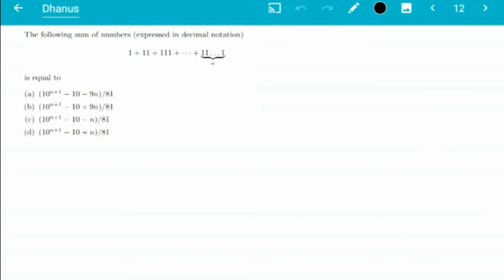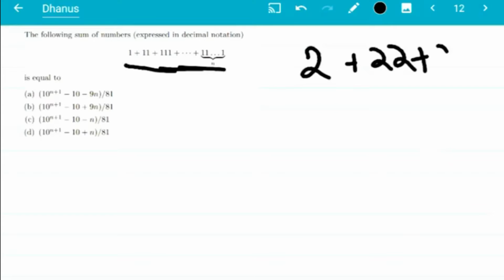And the question is how to find the sum of the numbers. Anyway, this is not an infinite sum. This is just a finite sum, because this series is not convergent, or it's not bounded if you are taking a large number of values, and that's why this is a finite sum. We just need to find the finite sum. Usually a question like this, suppose this thing is like this: 2 plus 2 plus 2.